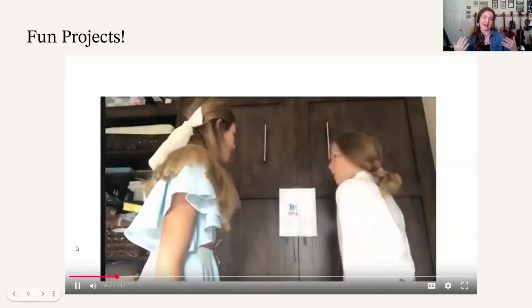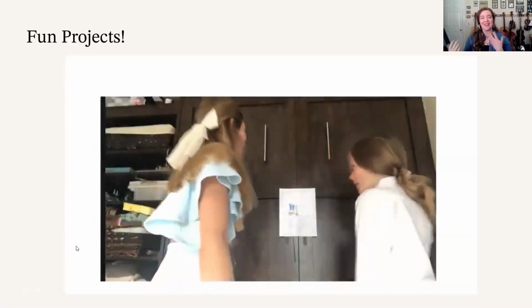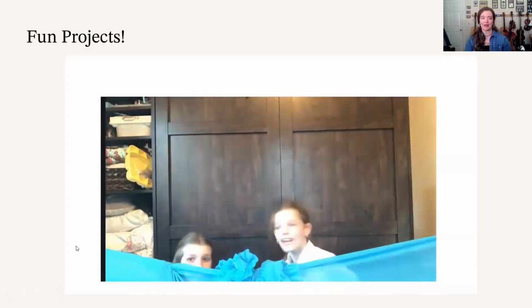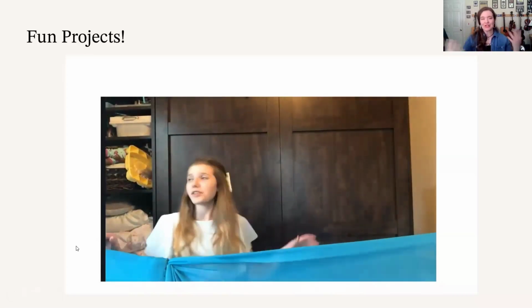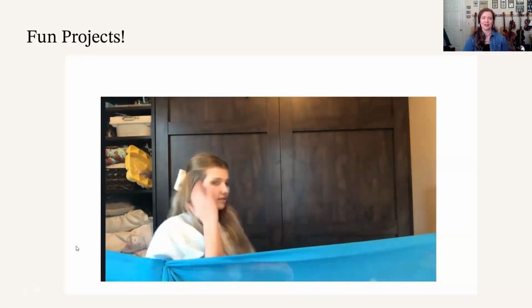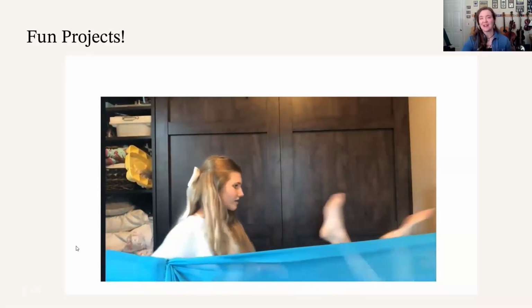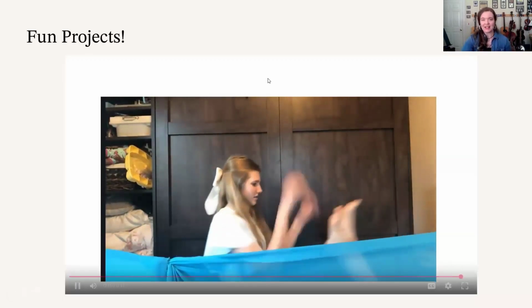So they'll pick a scene from the book that we read and then they'll act it out. These two classmates here acted out the scene in The Voyage of the Dawn Treader where the water comes through, and that's their interpretation of it. And of course, we show it in class, and everybody has a ton of fun laughing with each other and talking about the text. So it's all, again, just more about reading the books and then coming to class and discussing it with us. What did you like? What didn't you like? And most importantly, what do we see of God's love for us in these texts?